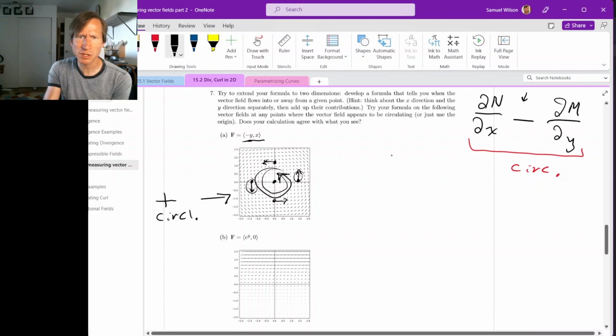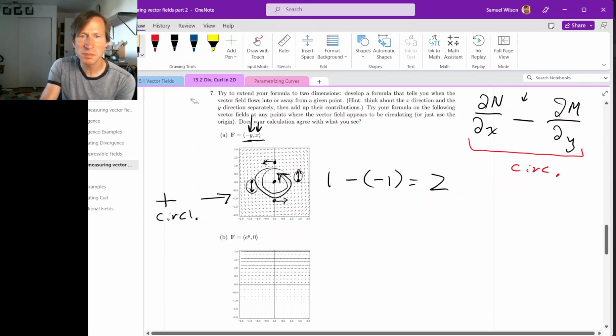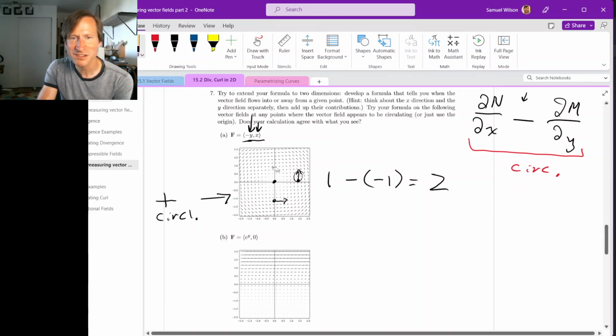So partial n partial x, the derivative of x with respect to x, that's 1, minus, and then calculate the derivative of minus y with respect to y, and that's minus 1. So 1 minus minus 1, that's 2. And so this vector field appears to be circulating in the positive direction everywhere. Right? In principle, this circulation expression gives us a function of x and y, but for this particular example,